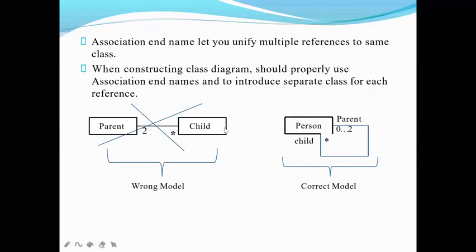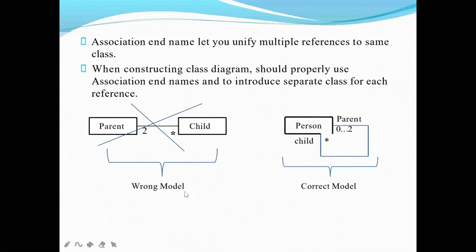So we used to write it in this way, right? Parent has a relationship with child. Let's take the parent as one class and the child as another class. If I ask you to draw the diagram, you will just do it like this, parent to child. There will be multiplicities written over here, so a parent has one child also, a parent has multiple children also. But this is not the correct model.